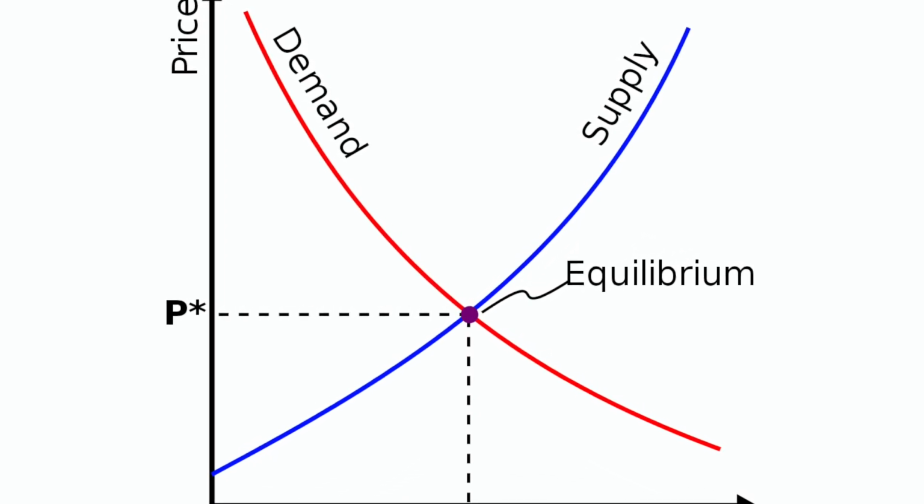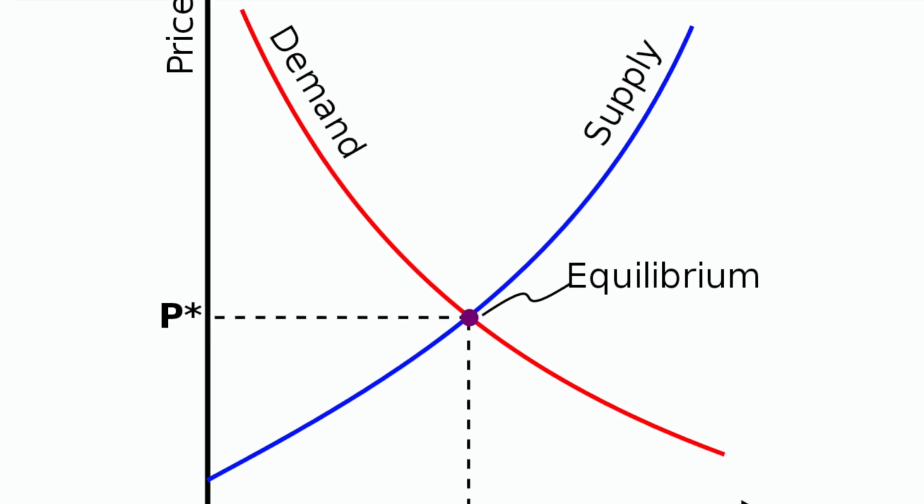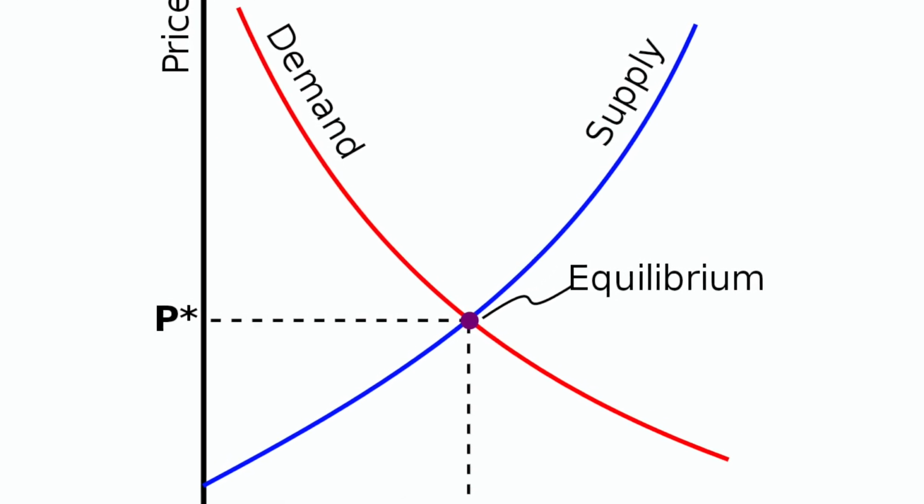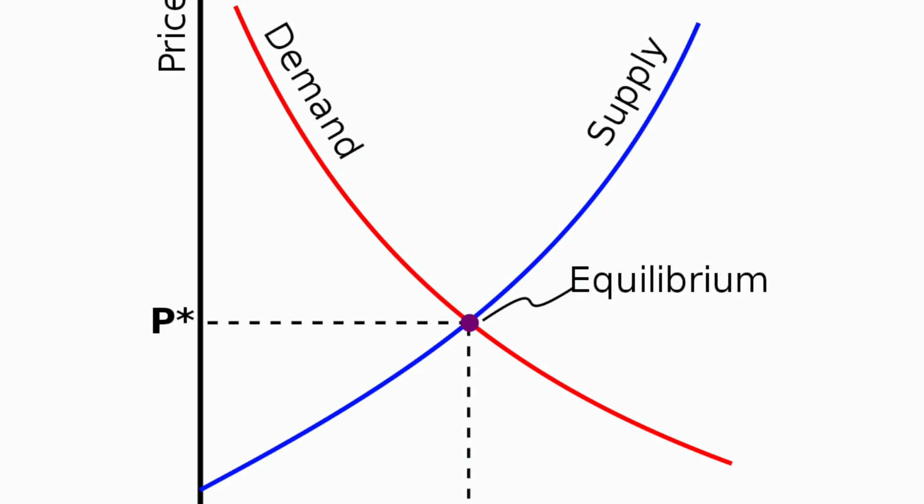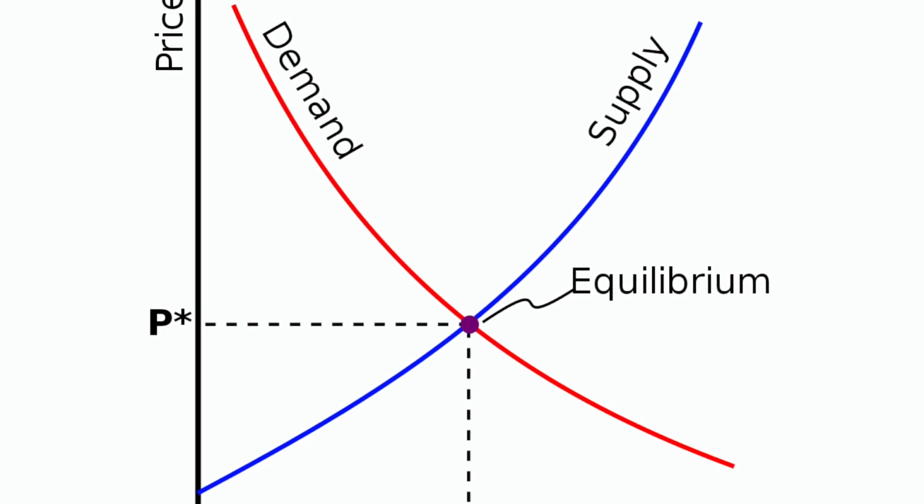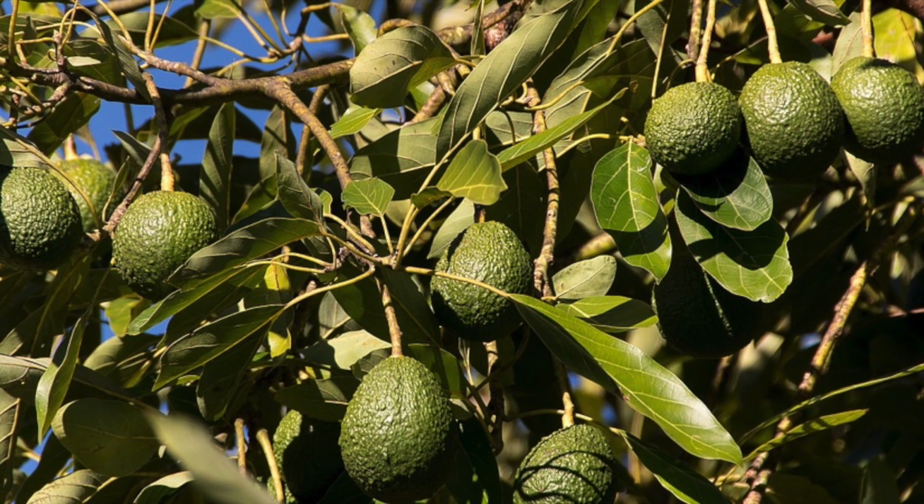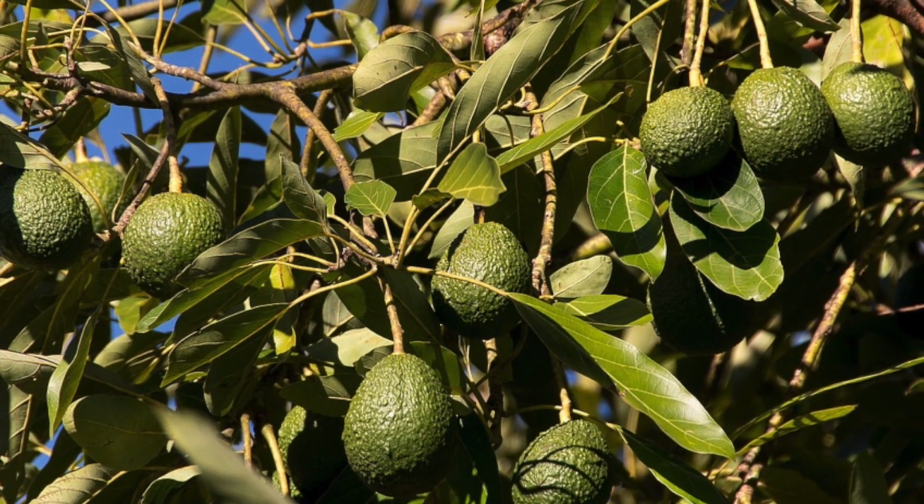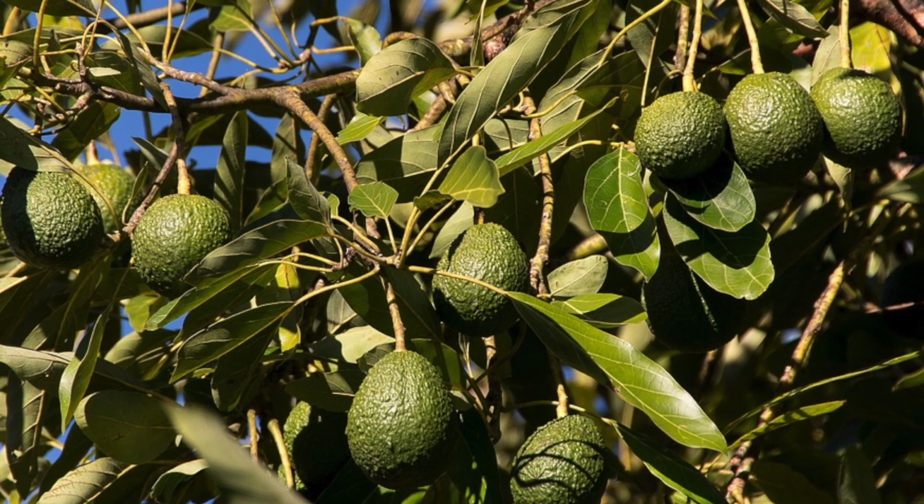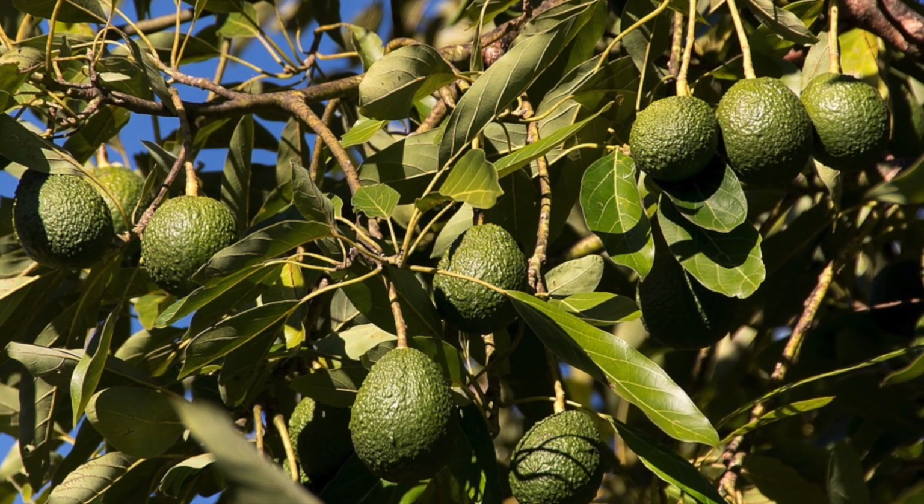Now, this means that supply and demand should reach an equilibrium where the amount of goods supplied is the same as the amount demanded. An example of supply and demand in action would be if there was a drought and therefore there were very few avocados available. Now, this would mean that demand for avocado was much greater than the supply, and this would consequently increase the